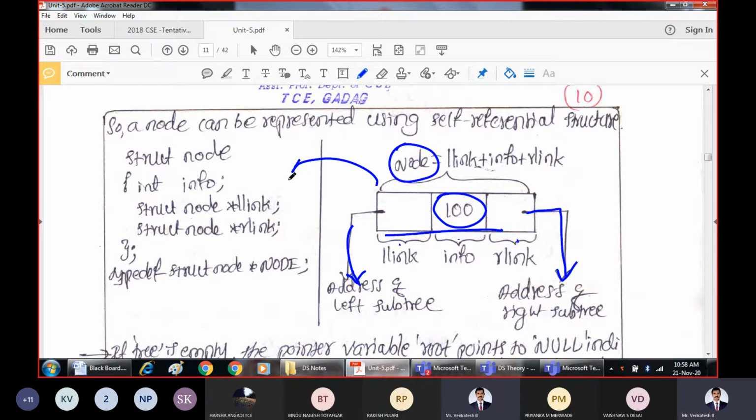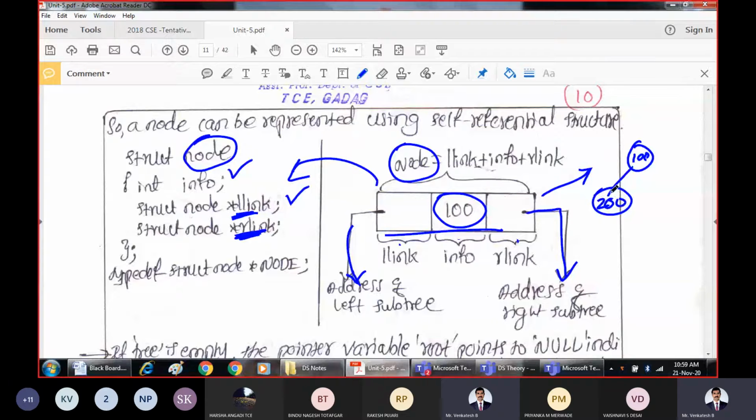Now, how can we define the structure for this? Struct node contains three fields: an information field, a left link field which is a pointer to a node of type struct node itself, and a right link pointer also of type struct node. Why? Because if you create a subtree with another node called 200, that is also a node, so it should point to itself.